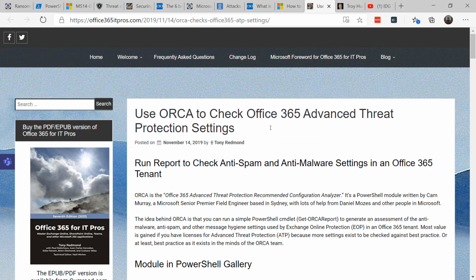Next, make sure that you have email hygiene in front of your email coming in. Attackers use email as an easy way to get inside our organization. Phishing emails come in all the time. And if you have an email hygiene program or Office 365 / Microsoft 365 Advanced Threat Protection, make sure you have it set up as well as you can. Make sure that it's scanning for links, reviewing the content, and ensuring that your system is set up as secure as can be. There's a tool called Orca that can check the Office 365 Advanced Threat Protection settings, as well as using the Secure Score inside Microsoft 365.